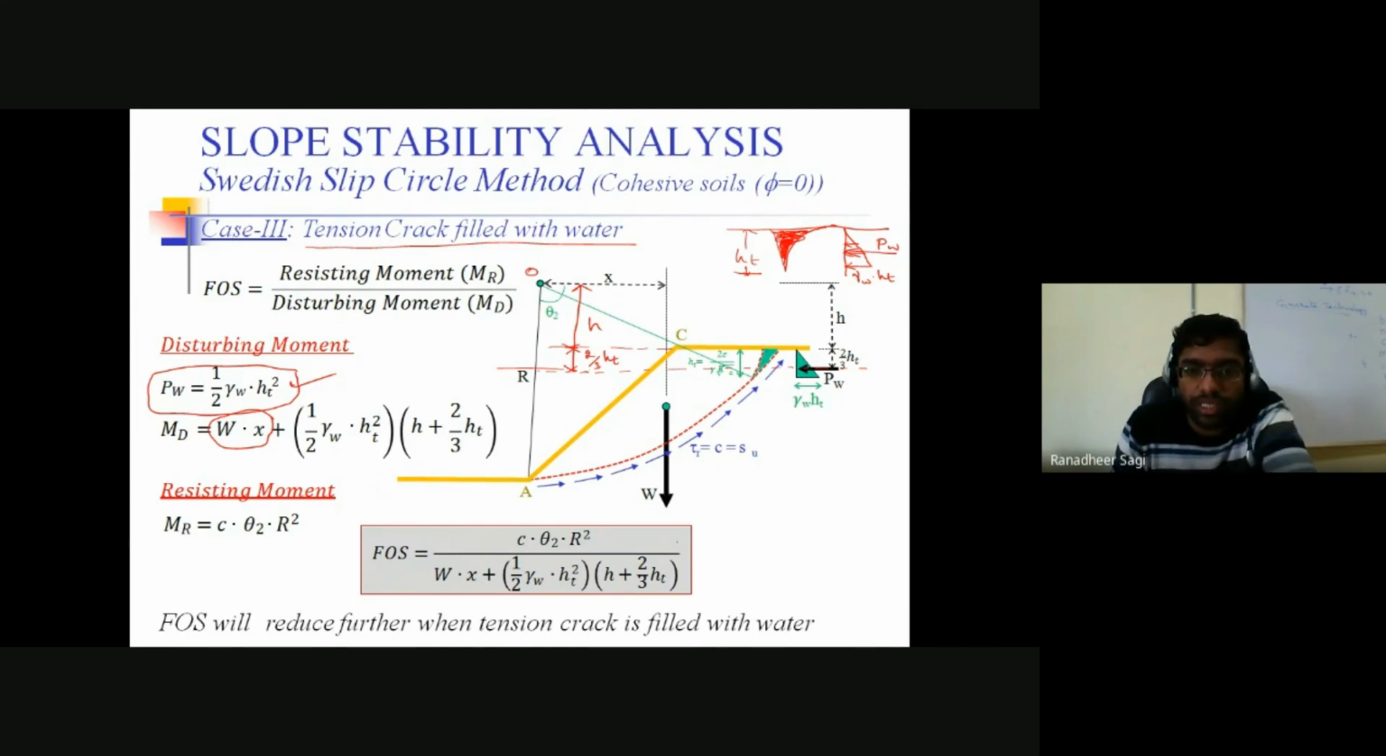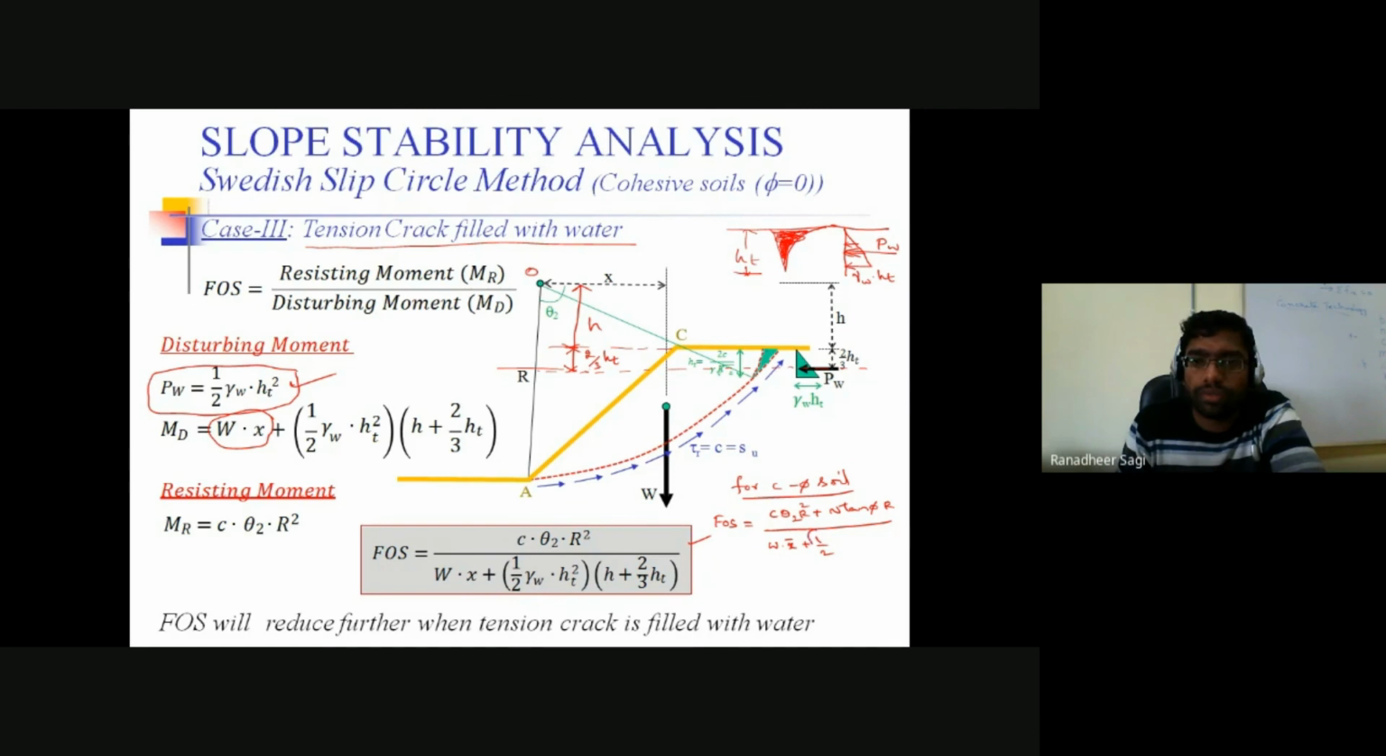If you look at the expression, what we are writing is still for purely cohesive soil. In case I want to write how the expression for factor of safety is going to be for a c-phi soil, let me quickly write it. For c-phi soil, the expression for factor of safety comes out to be C into theta into 2 into R square plus N into tan phi into R, this total divided by W into X or W into X bar, the way you write it doesn't matter, plus